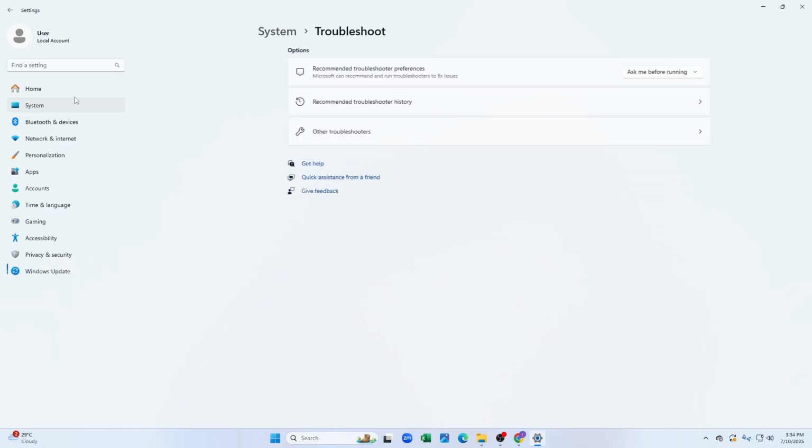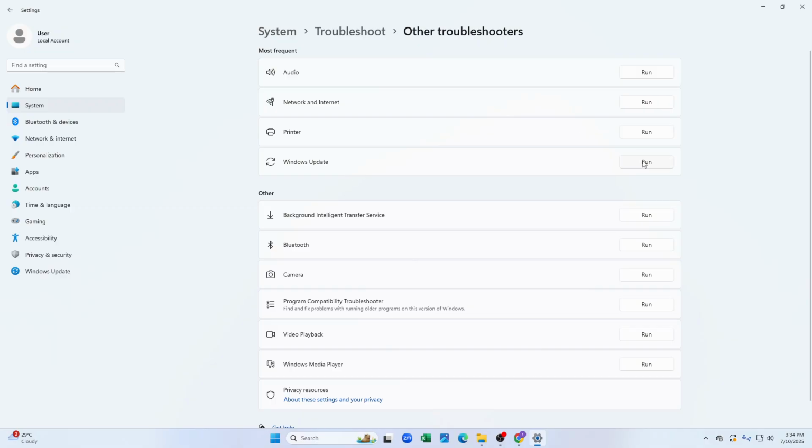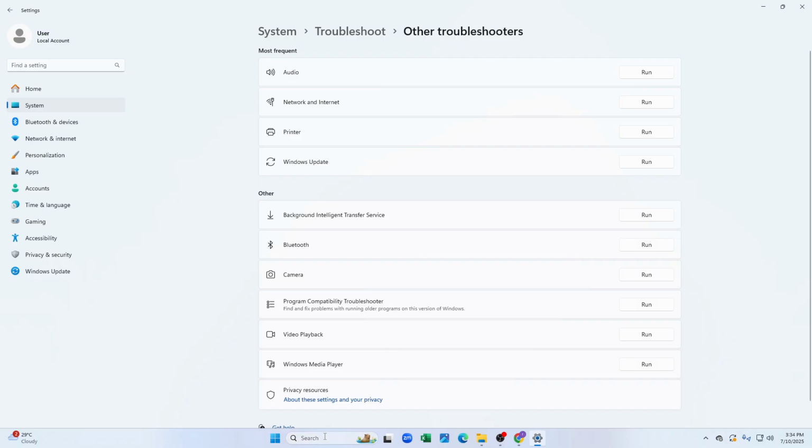troubleshoot settings from here, and click on the other troubleshooters option, and then click on Run beside the Windows Update section. After that, it will detect if there's any problem with the Windows Update. So it's now detecting if you have any problem getting the Windows update on time. As you can see, there is no problem, so you just have to click on here, and if this